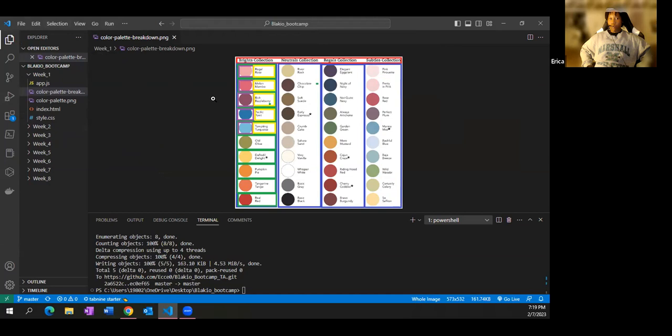So to me, that's gonna be an unordered list, and each color is gonna be a list item. That will be represented by the green list. And the dots, to me, are represented by the purple. That's a span. And the name of the color, to me, that's a paragraph, represented by yellow. So that's how I broke it down.